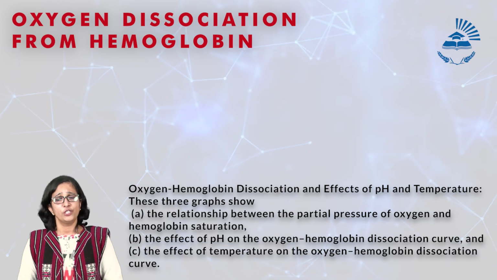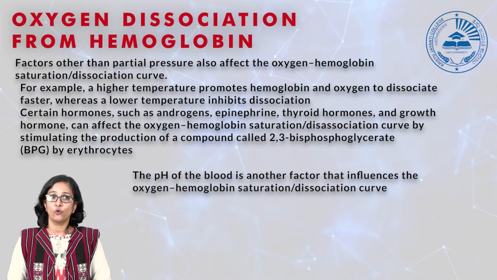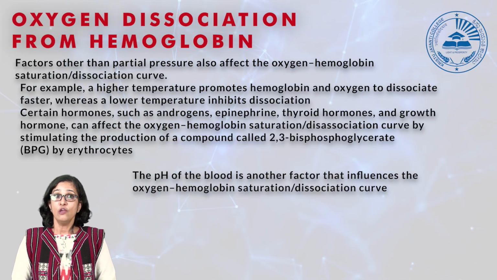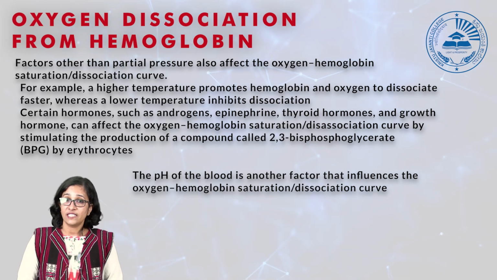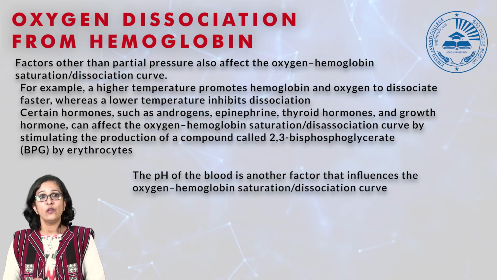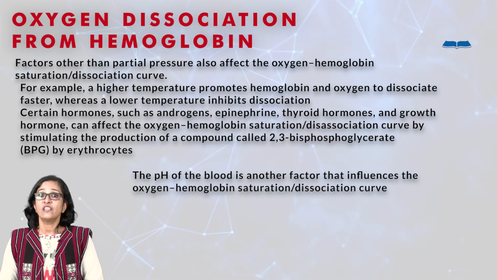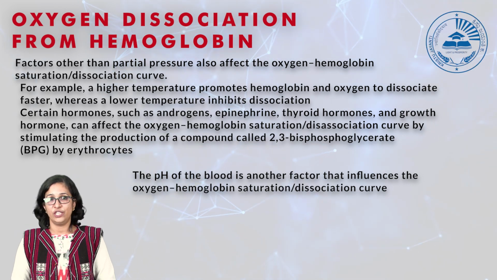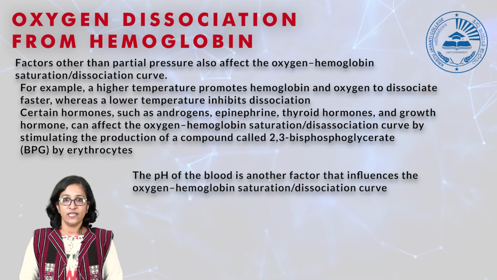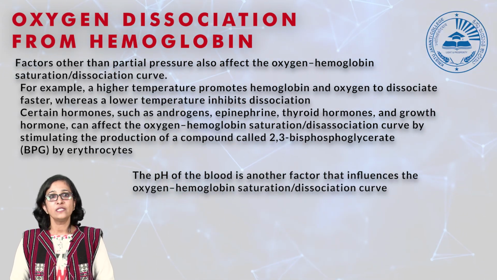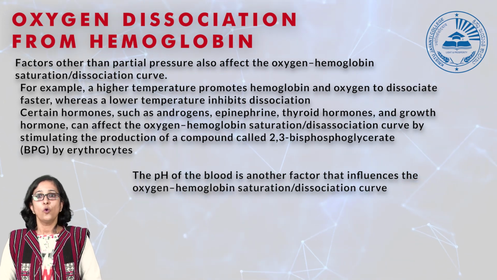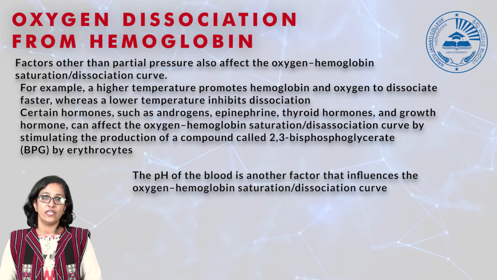Factors other than partial pressure also affect the oxygen hemoglobin saturation dissociation curve. For example, a higher temperature, as I showed earlier, promotes hemoglobin and oxygen to dissociate faster, whereas lower temperatures inhibit dissociation. Certain hormones such as androgens, epinephrine, thyroid hormones and growth hormones can affect the oxygen hemoglobin saturation dissociation curve